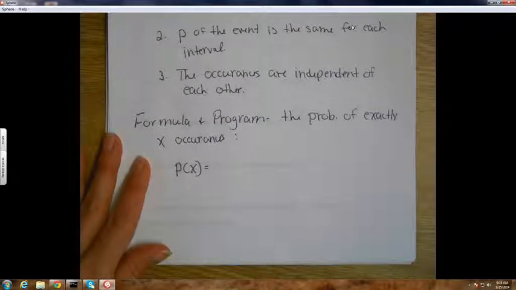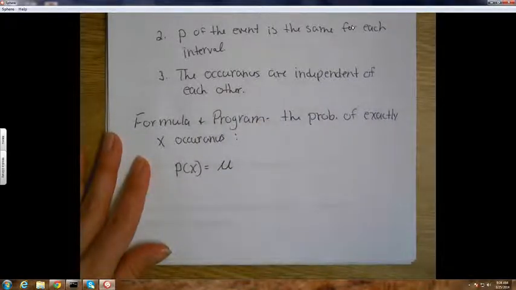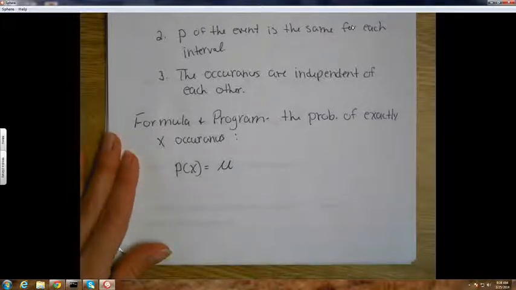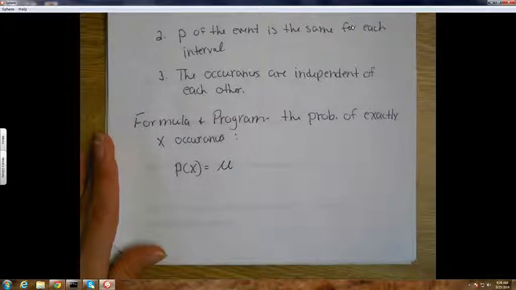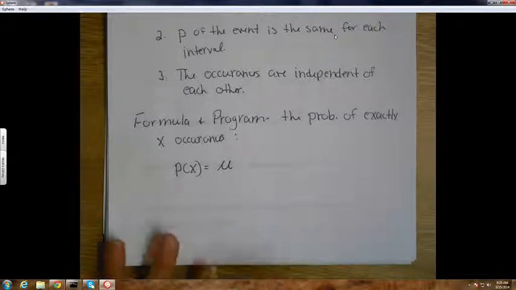It's the mu. What is mu again? It's the mean. It's what normally happens. It's the average number of occurrences. Like I would look at the average number of sick days I took per year over the last 20 years. That's my average. So that's a mu. So it's what normally happens for that time interval, raised to the x